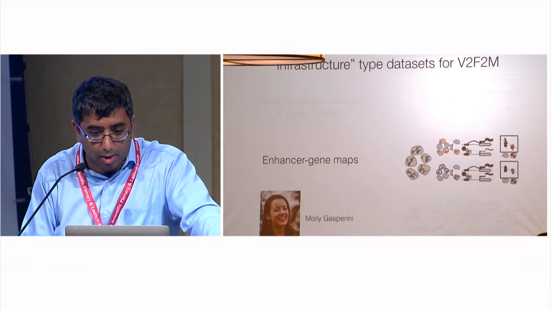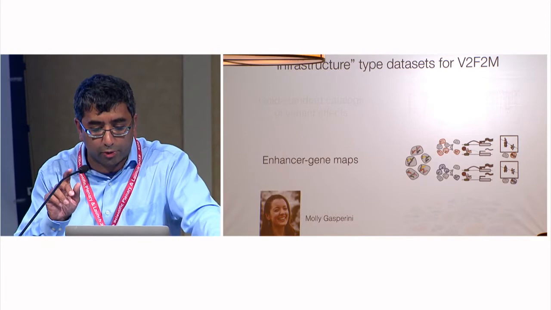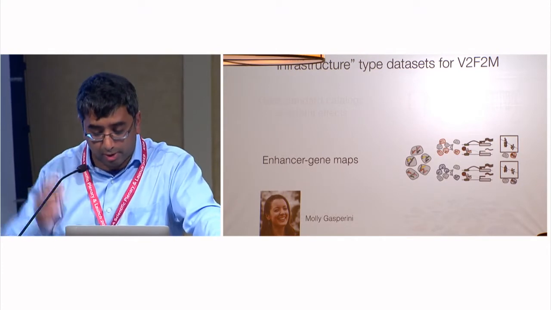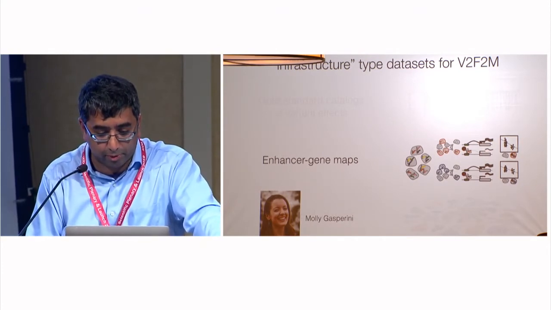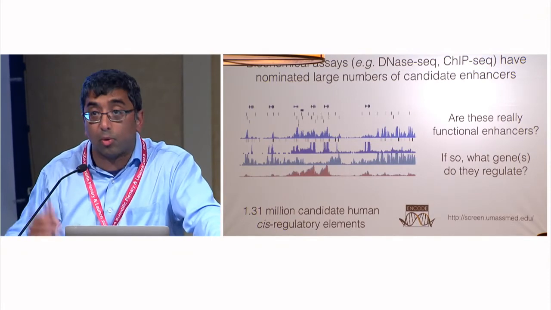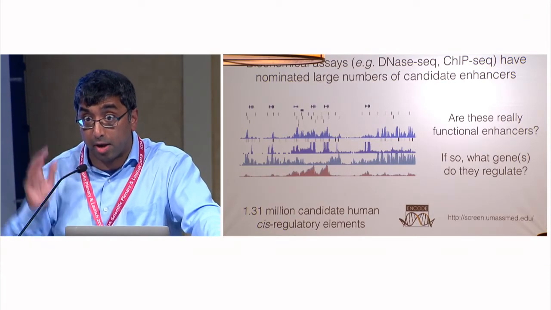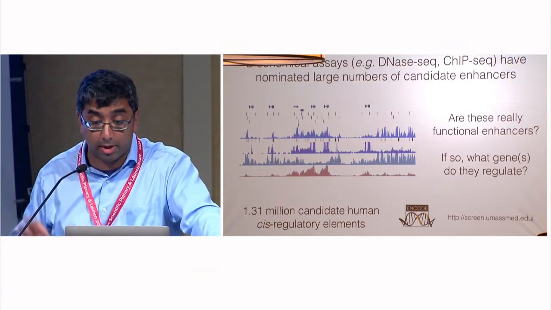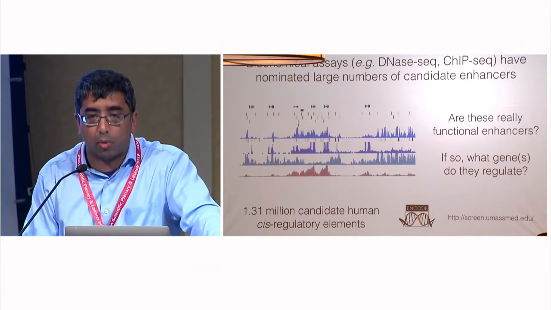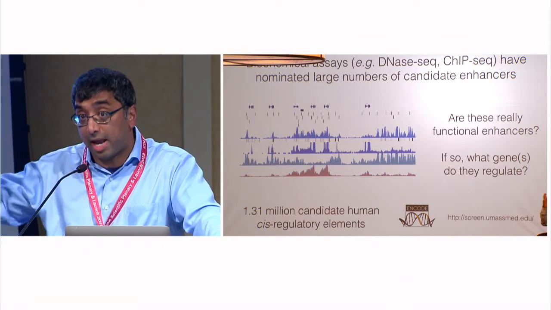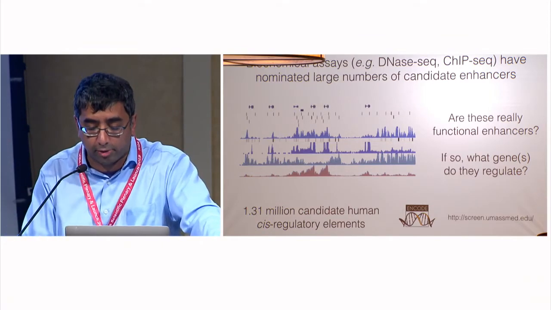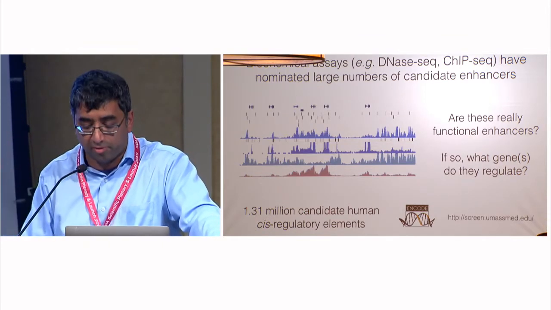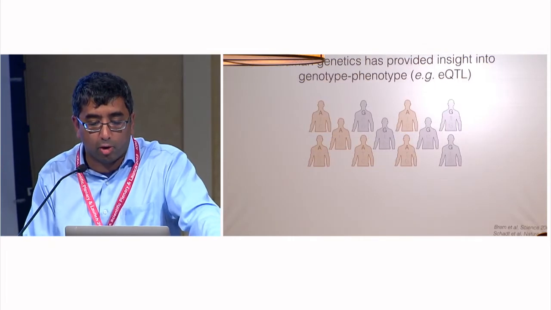Okay, so the second type of approach here, that could be a sort of infrastructure type map. This is work from Molly Gasparini. So projects like ENCODE, I think, are a great model in the sense that they've generated these terrific resources that are broadly used by our community and many other communities. One challenge has been, we have many candidates based on biochemical nominations, but a lack of equivalent functional analysis. So we've taken